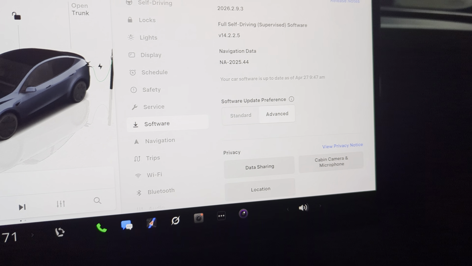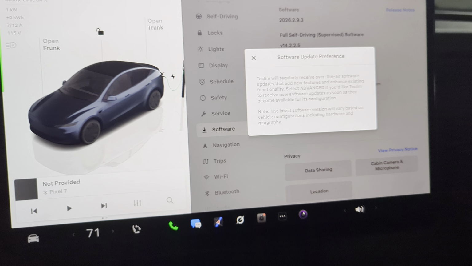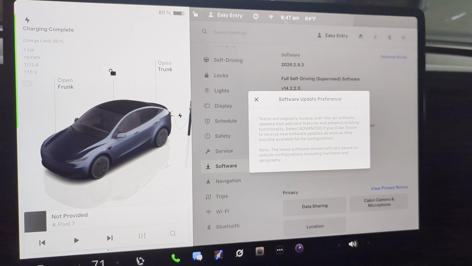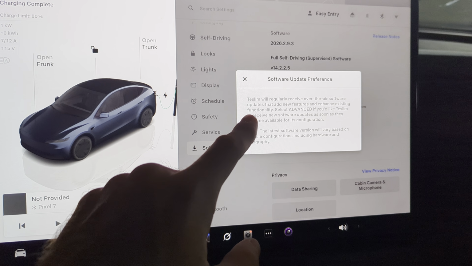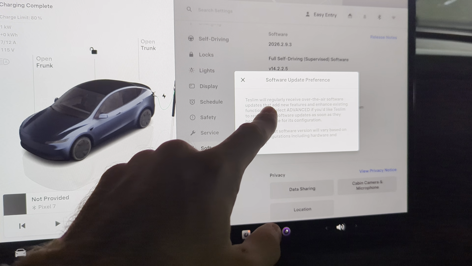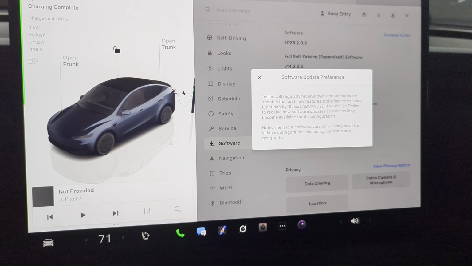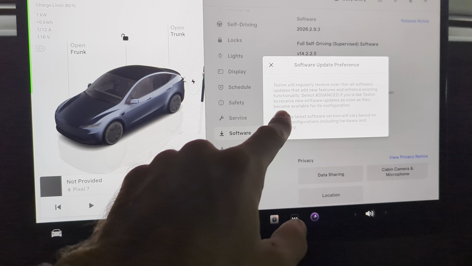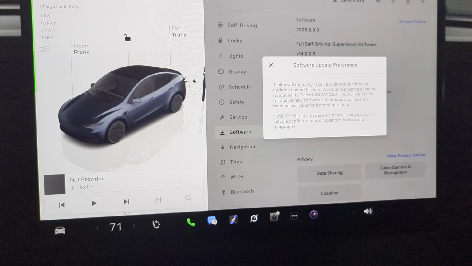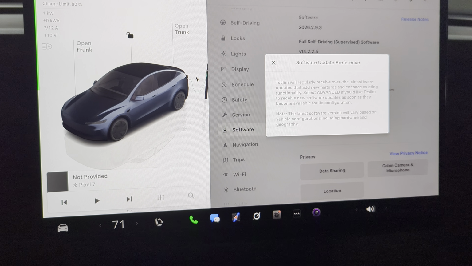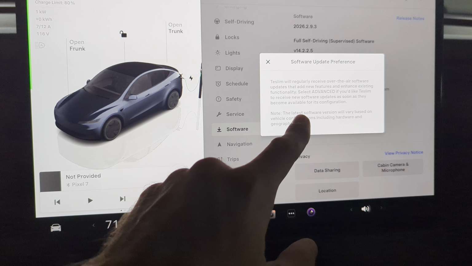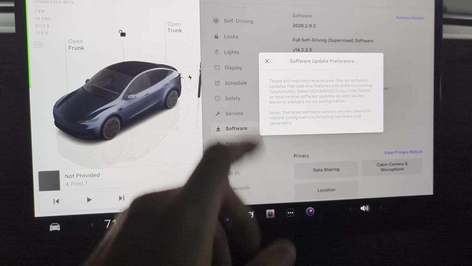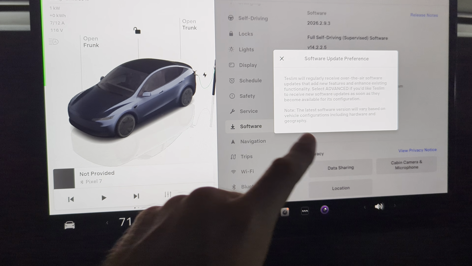And then you can go to the little I. If you do have a software update, should it come available here, we can just update it. But it says this vehicle will receive regular updates, and if you select the advanced option, your Tesla will receive new updates as soon as they become available for its configuration. So you'll get the latest software version a little bit earlier if you tap this